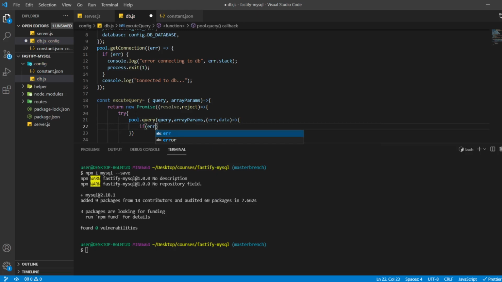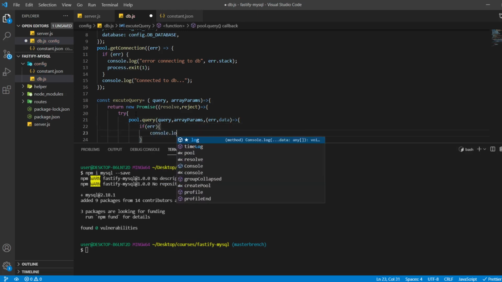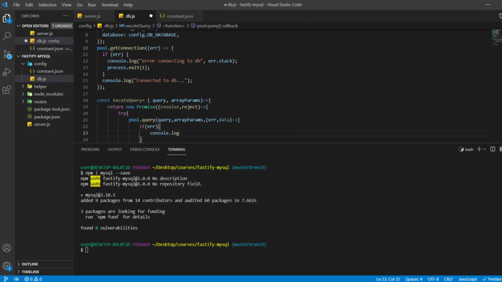So if we get error, then we simply console.log error executing the query.